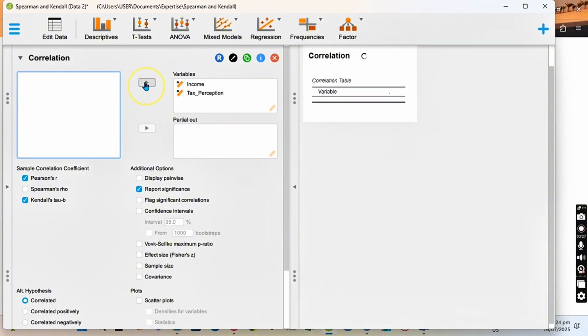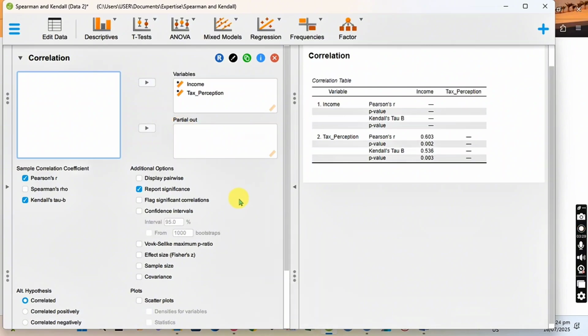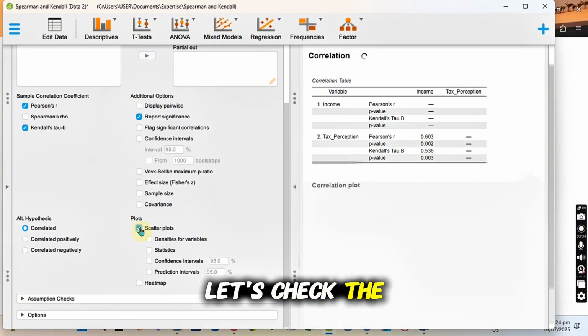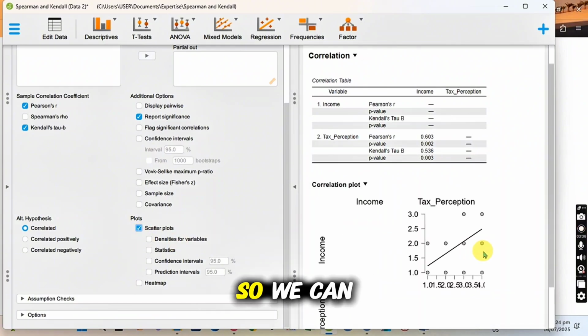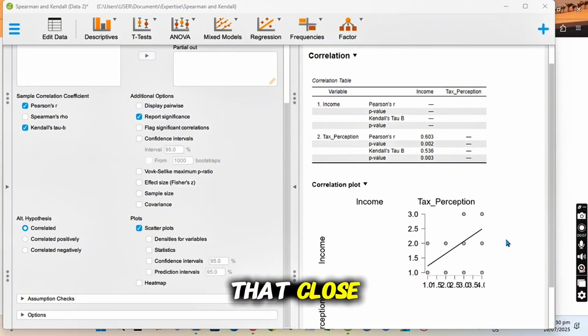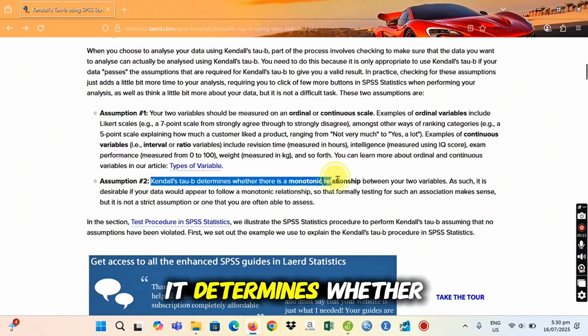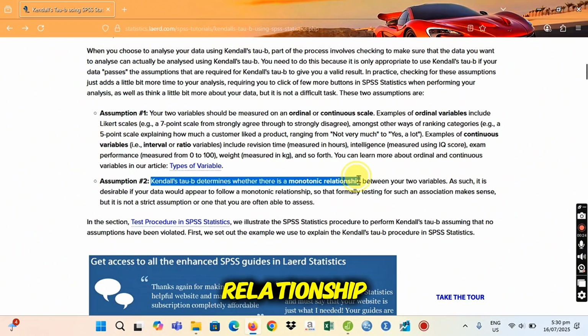Let's check the scatter plot. We can see that it's not really that close to the figure presented in the previous episode. However, when we check the assumption, it says that Kendall's Tau B determines whether there is a monotonic relationship between your two variables.